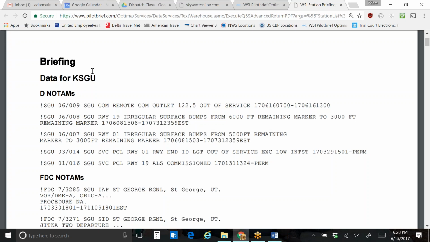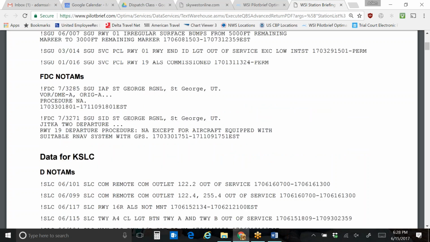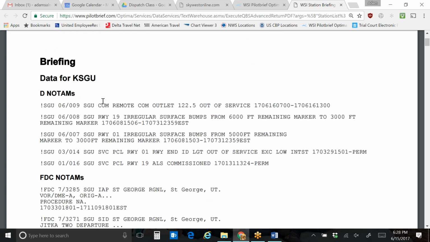So what you ultimately do as a dispatcher is you try to train your mind to quickly scan NOTAMs, searching for specific acronyms. That's all you're really looking for. And if you can kind of see here, St. George is a bad example because there are so few NOTAMs, but you'll see later on, like when we get to Salt Lake as an example. See this column right here? Now if you look here and just look straight down,